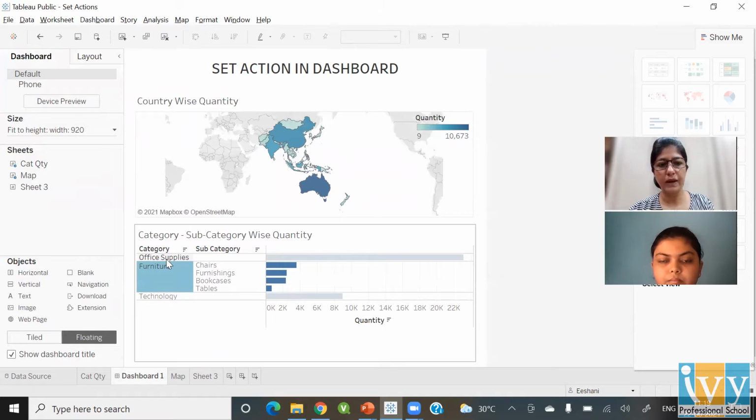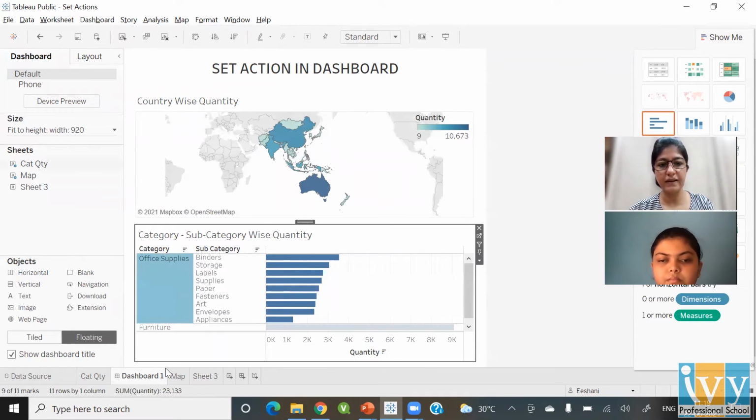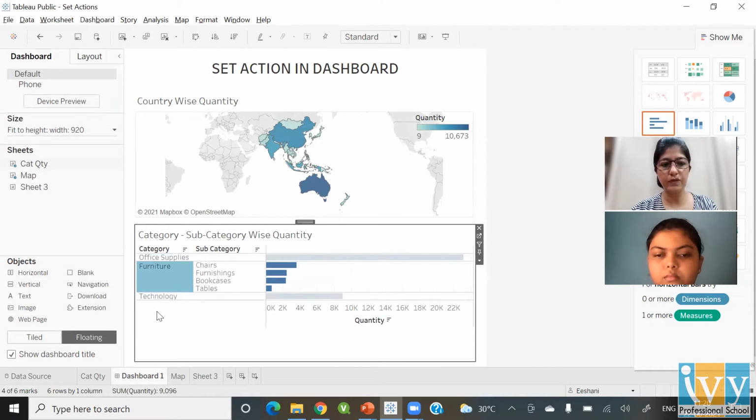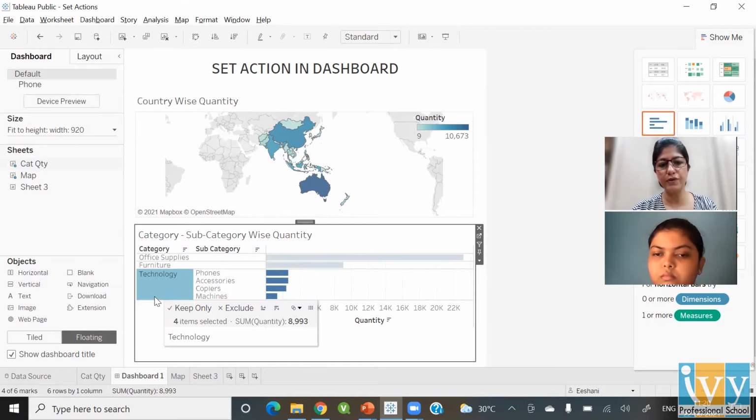And if I want to understand, okay, office supplies has a maximum quantity, but in office supplies, what are the subcategories which are doing well? So if I click on office supplies, now I can see that I am able to understand my subcategories. And the area that has been taken to show this category, subcategory doesn't look bad, because I am able to see all the elements of what I require. So it's utilizing the area and optimizing the usage of the space that we have. Depending on what we want to see, as and when we click, we will be able to see the subcategories of that particular category. And this has been done by set actions.